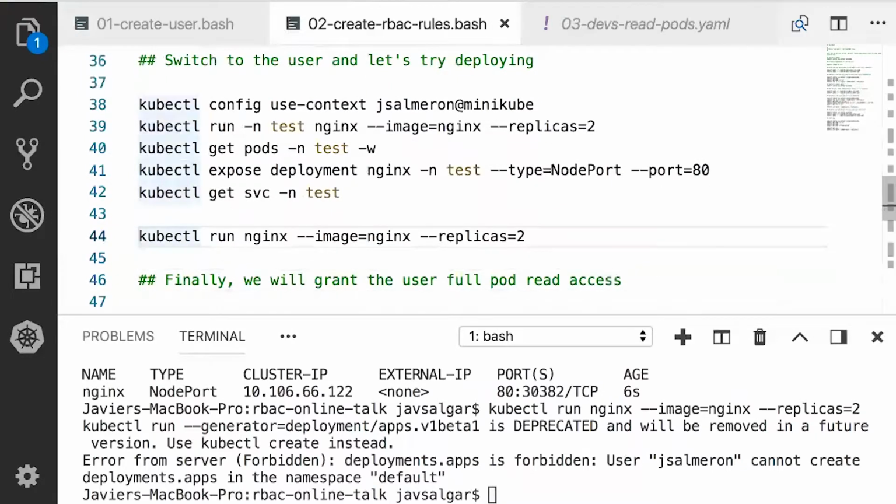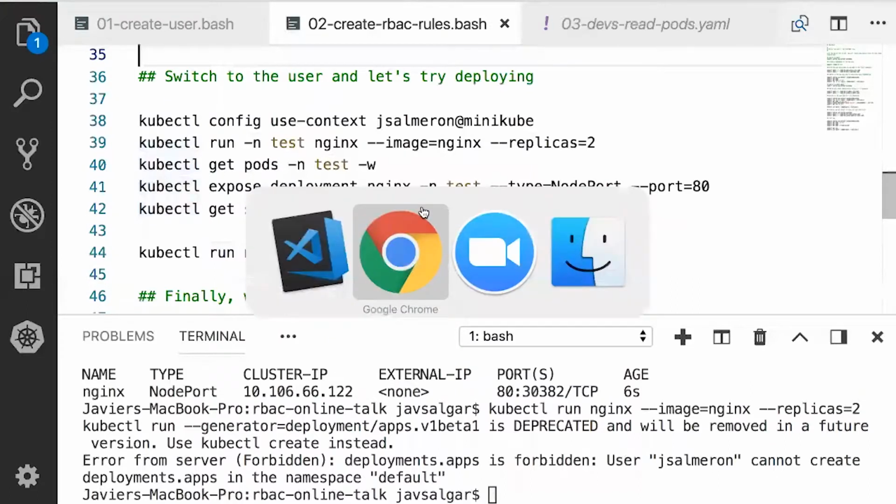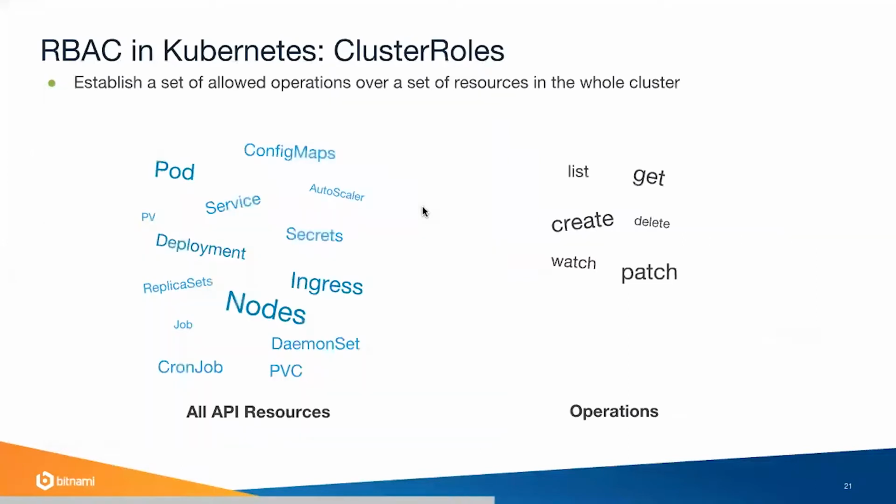Okay, so this is what we have right now. We can see that we've gone from a user that can't do anything to a user that can do certain limited operations inside the namespace. Let's go a bit further, because we may also want, for example, to read and get pods, but not in a single namespace, in all namespaces.